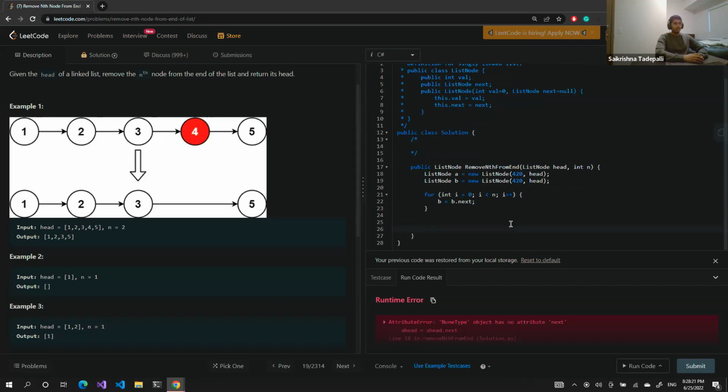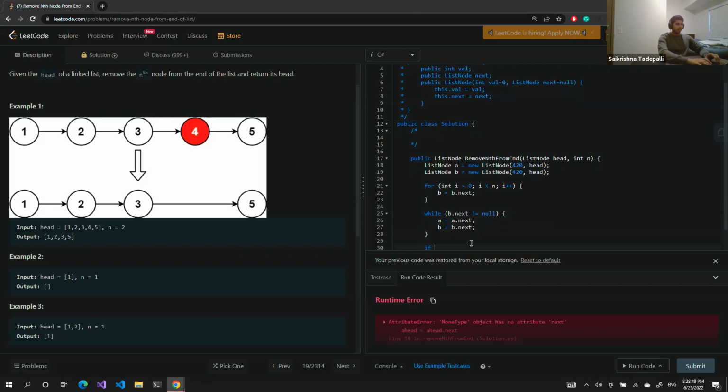And then we're going to do the same thing we did in the Python solution, where we're going to do while B dot next is not equal to null, A is equal to A dot next, and B is equal to B dot next. And then at this point, we have A, and A is right before the node we want to remove. So we're going to do A dot next is equal to A dot next dot next. And then we're going to return